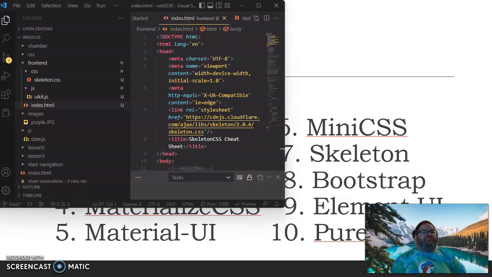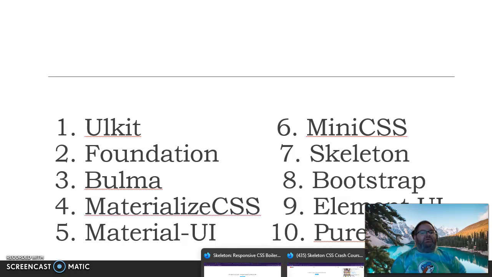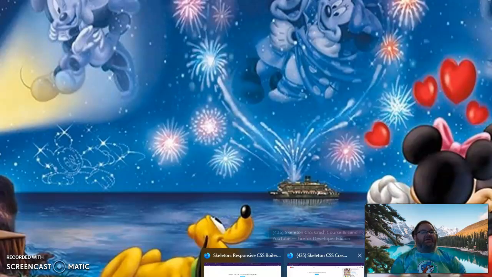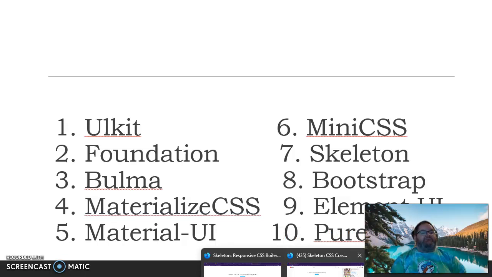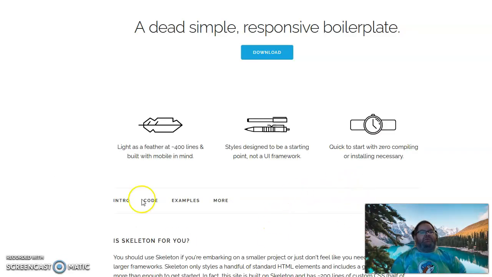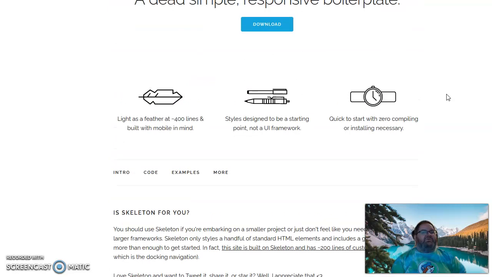I'll post what the Skeleton website looks like. And it looks like this when you go to it. All you need to do is hit the download button, and it's going to download the CSS for you and some images, which I already did, and I put it in my VS Code